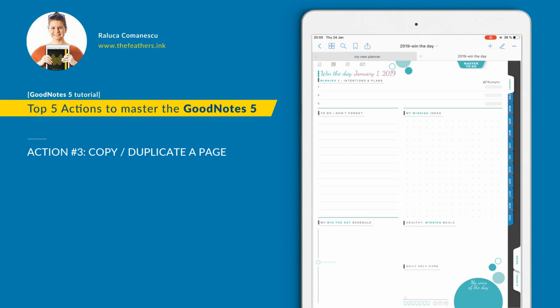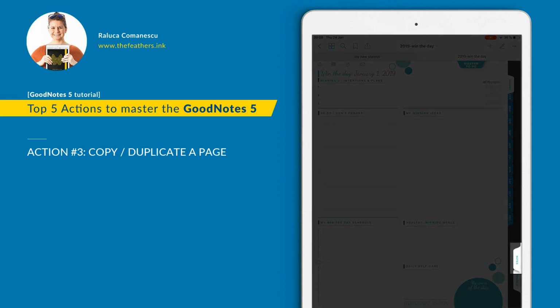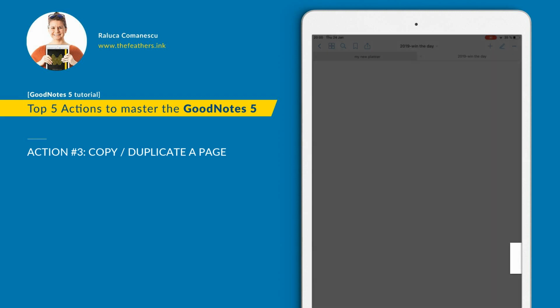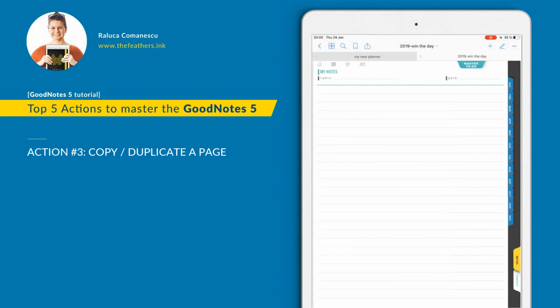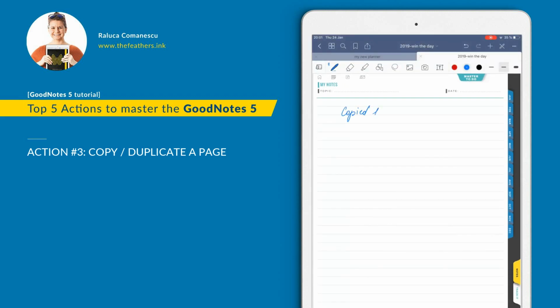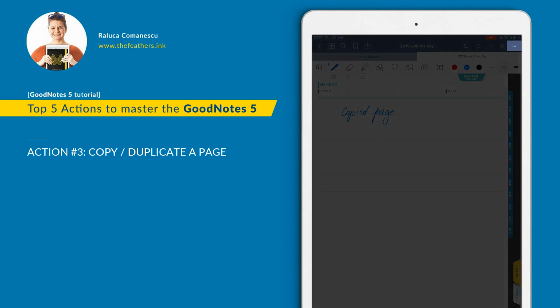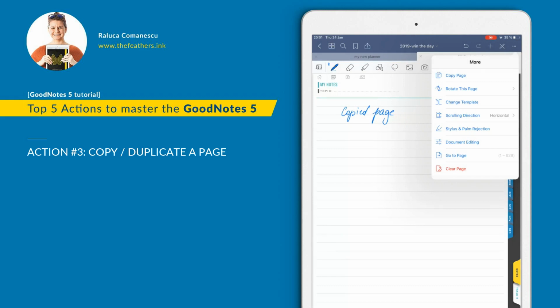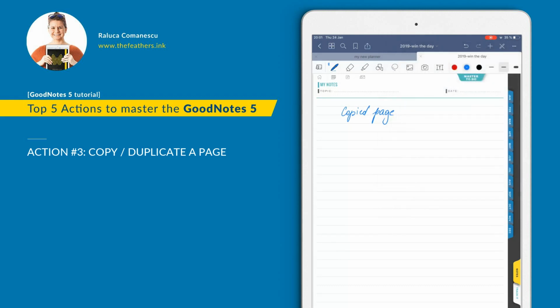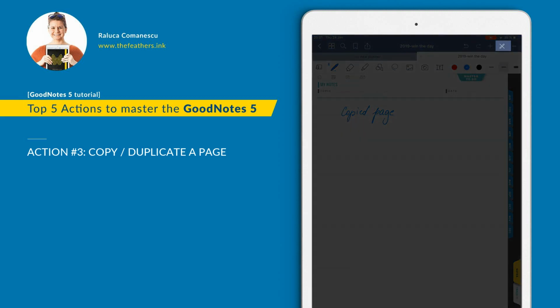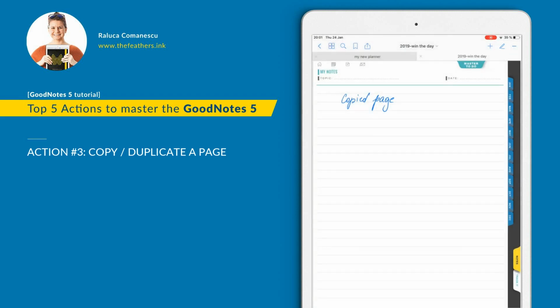Let's go to this section here on the bottom right. It says Notes and Slide, and I have this page which I want to copy. Copied page. Now this is method number 1. Hit on the 3 points on the toolbar top right, then copy page. The page is copied. Hit the pen with the crossed line, so you'll be in the viewing mode, and then